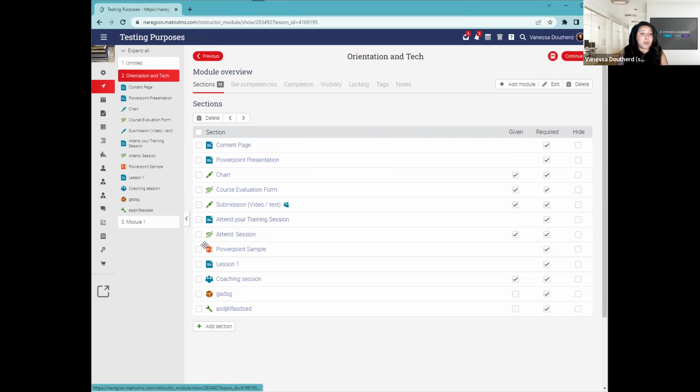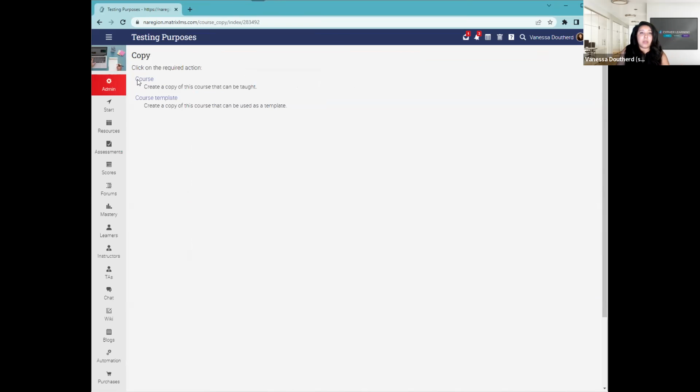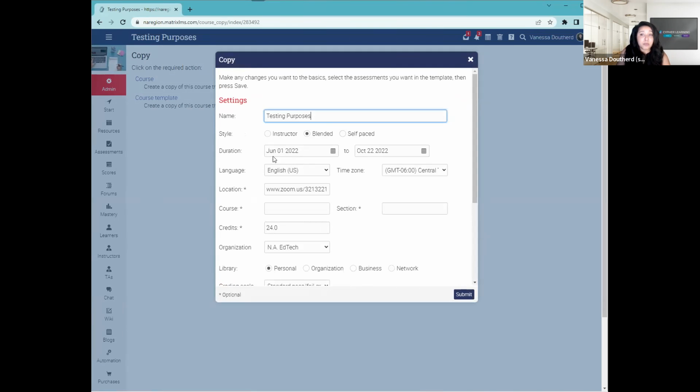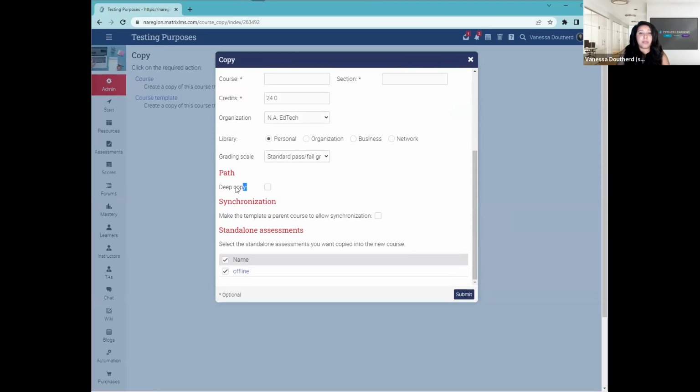So here, what we have is that when we want to create a copy of a path or a path template, we'll choose the copy type that we're trying to achieve. So whether this copy is just going to be a path or a course by itself or a course template, what's going to happen is that you'll be prompted to first change the information according to the new copy that you're creating. And then towards the bottom, you'll be able to check whether or not you want this to be